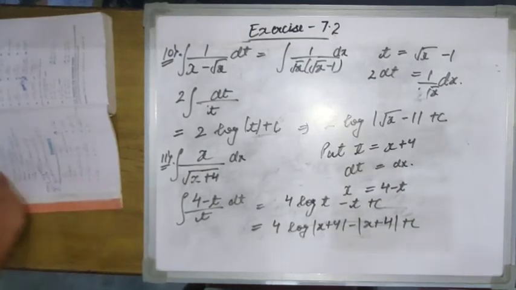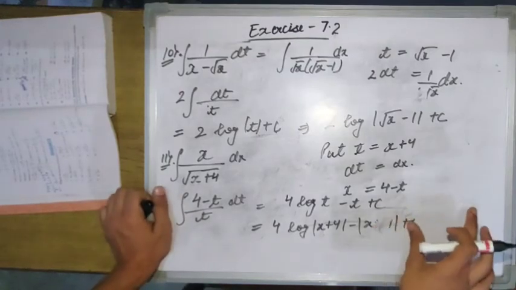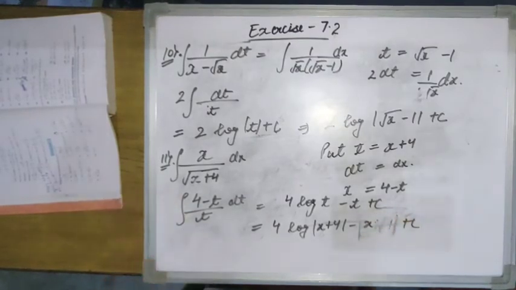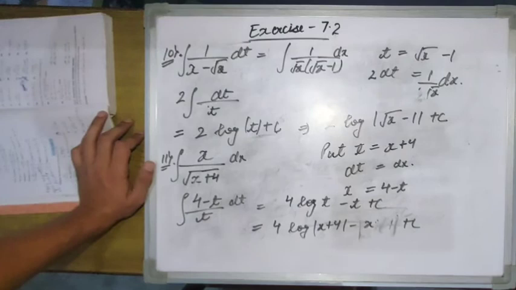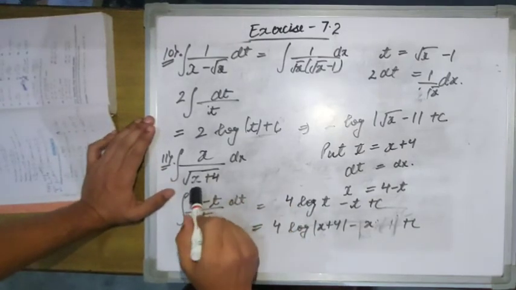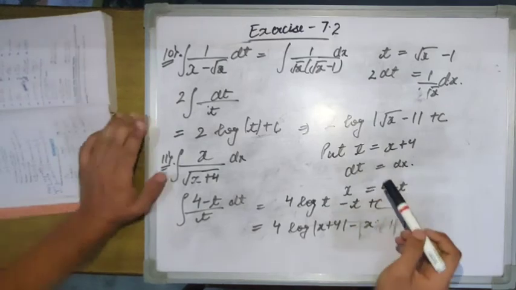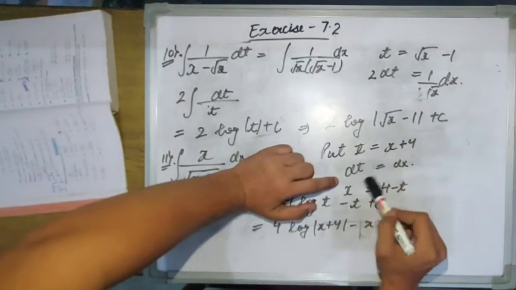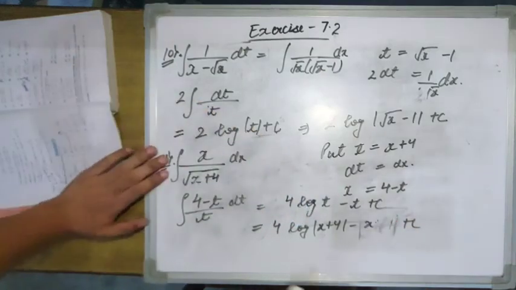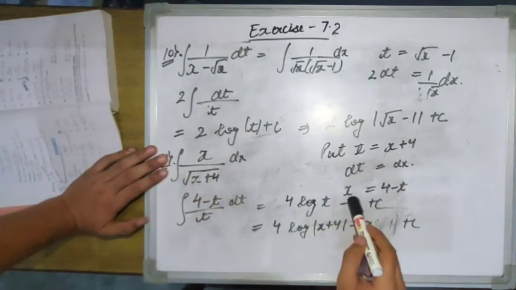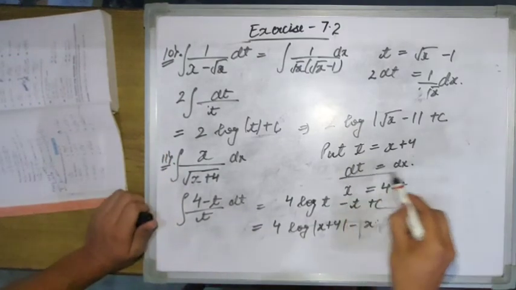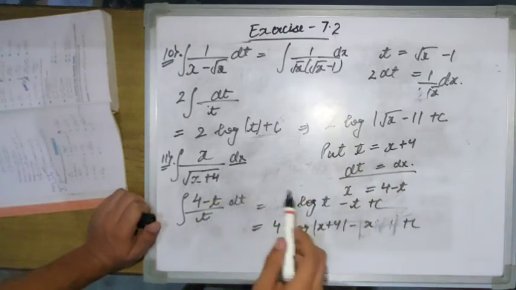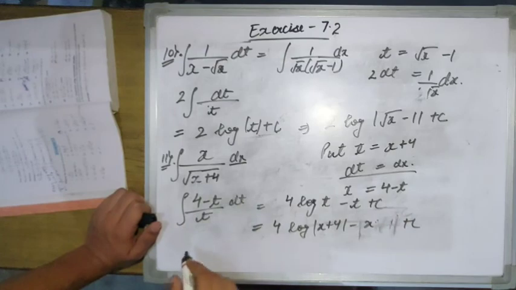Let me check it. Let me explain it to you guys. I know that I have solved this question in a single step. First of all, what I have done here is I have taken x plus 4 equals t. Finding out the derivative, we have dt equals dx, and for putting the value of x here, we have taken x equals t minus 4. Then t minus 4 dt upon t, because dt equals dx, and t was equal to x plus 4. I made a mistake here.